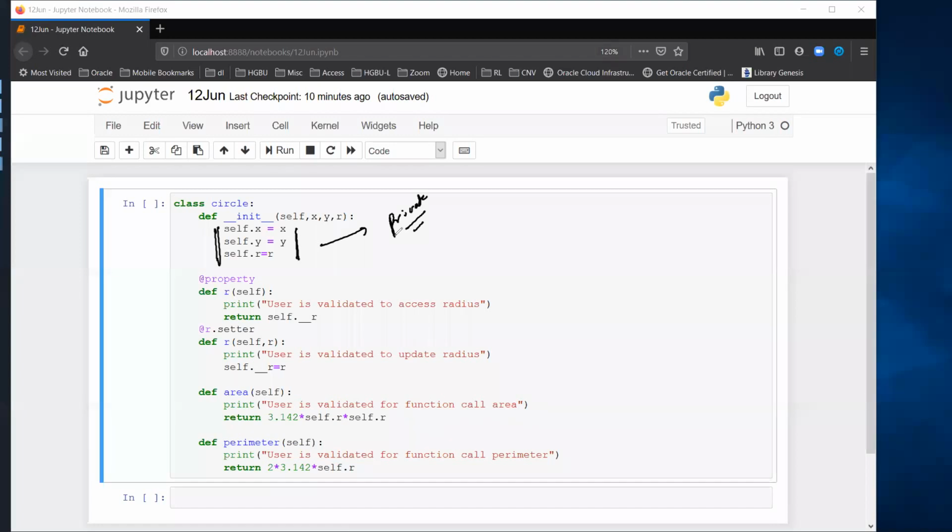Then we used a getter and setter method, okay? And we realized that, let's say initially you had not coded using a getter and setter method, and suddenly you add them to your code. The user may not be aware of those changes, number one, and their code will start failing.